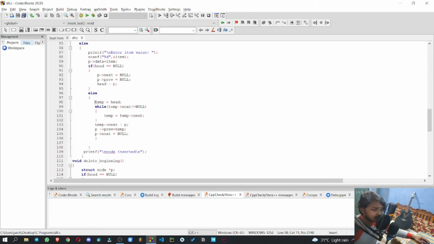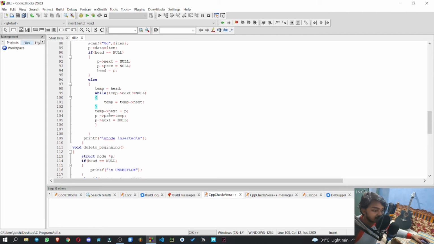So I'm going to have temp equals head, and I'm using a while statement which says temp of next is not equal to null. Basically what this while loop does is it will traverse till the last element of the doubly linked list. So temp will keep traversing to the next, and for that we have temp equals temp of next. Until we find the last element, obviously the last element's next address will be null. So that's what we have as the condition inside this while loop. So with temp equals temp of next, we'll be traversing through to the last of the doubly linked list.